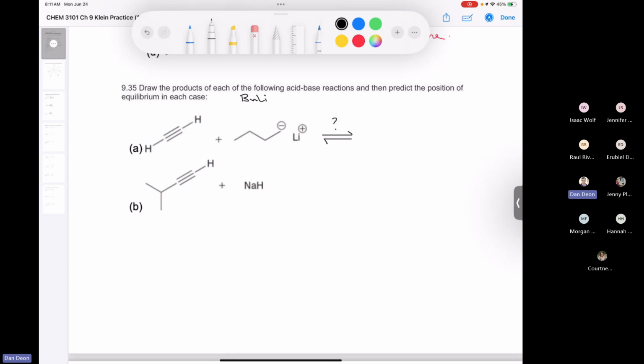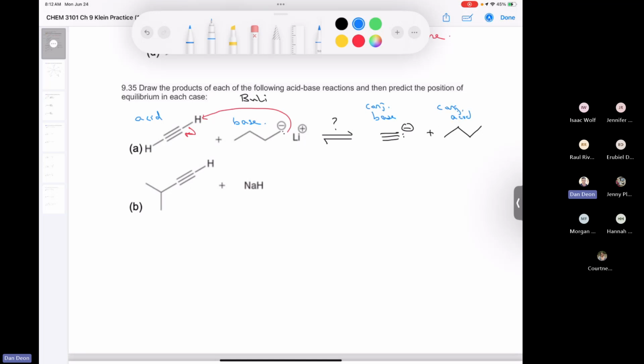And it's not asking for a curved arrow in here or anything like that, but we could draw a quick one, and we could say, well, we're going to do proton transfer like this. So we're going to end up with the acetylide ion, and we're also going to end up with butane. And so if we go right back to first principles, kind of an acid base from general chemistry, we have our acid, we have our base, our butyllithium is our base. This will be our conjugate base, and butane will be our conjugate